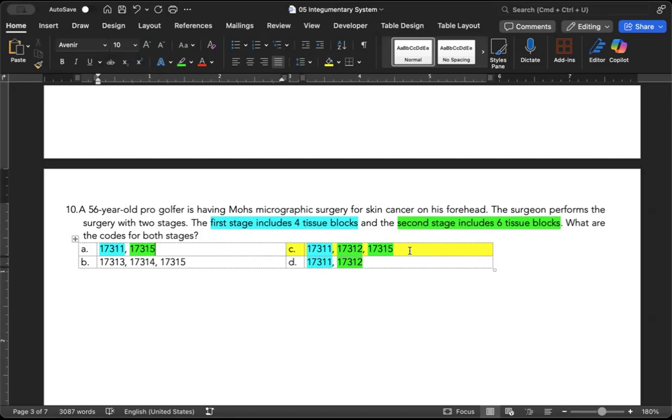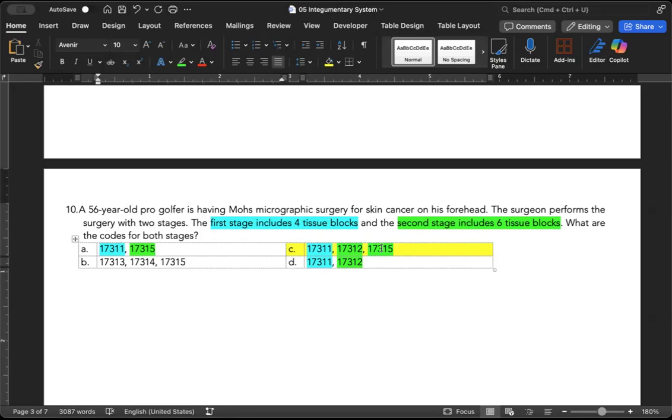In this instance, because the first stage did not have over 5 tissue blocks, it wouldn't be appropriate to report 17315 with just 17311. We would need the second stage in order to report the sixth block on the second stage. Now, had they said the first stage had 6 tissue blocks and that was all they did, then A would be correct. But because we had a second stage,